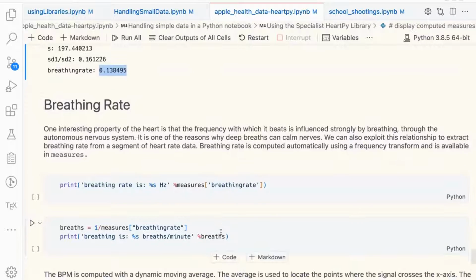Okay, so it turns out that one of the properties of the heart, or hearts, is that the frequency with which they beat is influenced by breathing. Okay, and there's a very tight link between those two. So it's possible, if you know the rhythm of the heart, you can calculate or compute the breathing rate. Apparently it's one of the reasons why deep breaths can calm your nerves. Deep, slow breaths will slow your heart rate down. So the breathing rate is measured in